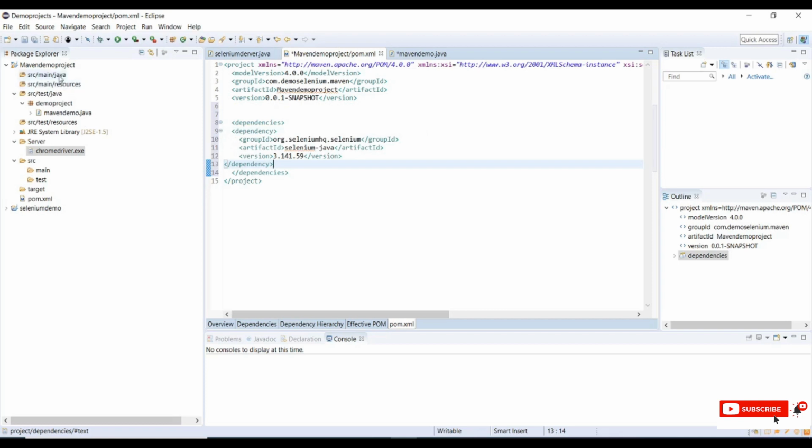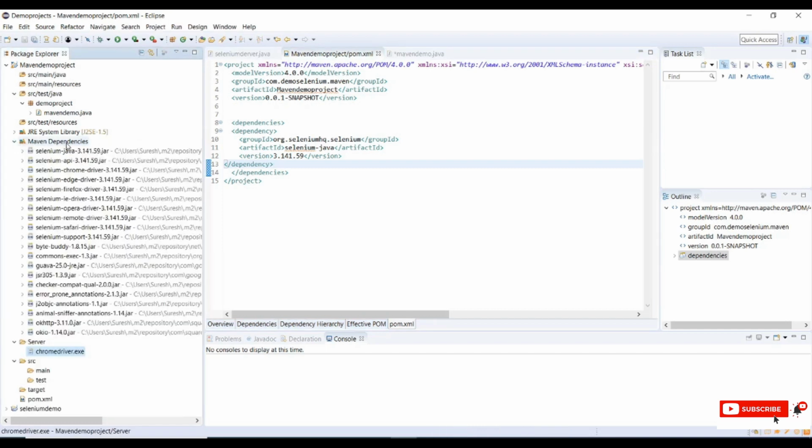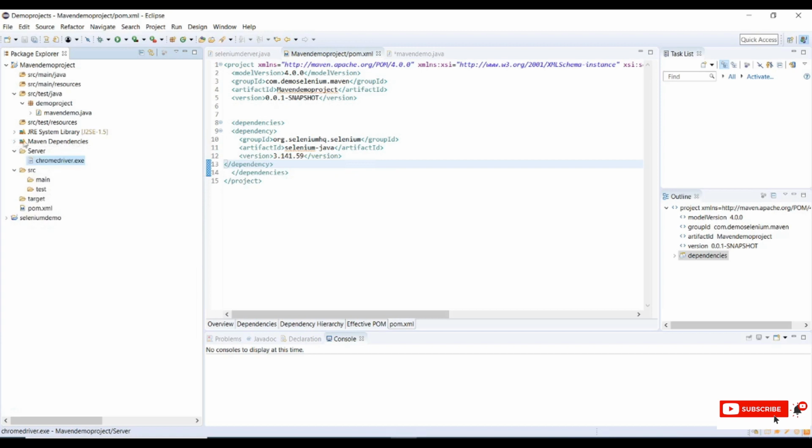If you see the left section of the project explorer, we have only JRE system libraries, and once I save this pom.xml, we have Maven dependency libraries created in the left section. Let me save this pom.xml. You can see the progress bar here, and a new library is created, Maven dependencies. This Maven dependencies contains the Selenium jar, Selenium API, Chrome driver and other dependencies.